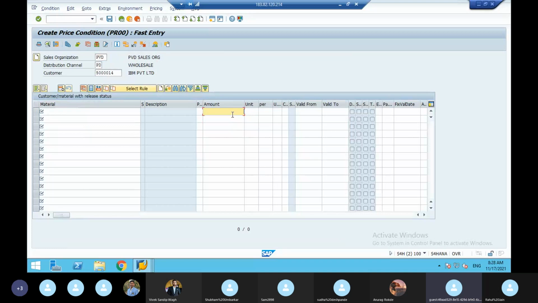Condition type is PR00, base price. But they have two prices. 22 karat gold is one price. 24 karat gold is another price. Then how do you maintain it? That is called upper limit and lower limit condition type. Otherwise, take the milk you buy daily: milk has two varieties. One is very diluted milk, one price. Vitamin and protein based milk is another price. So how are you going to maintain two prices for one material in one condition type? That is called upper limit and lower limit condition type.